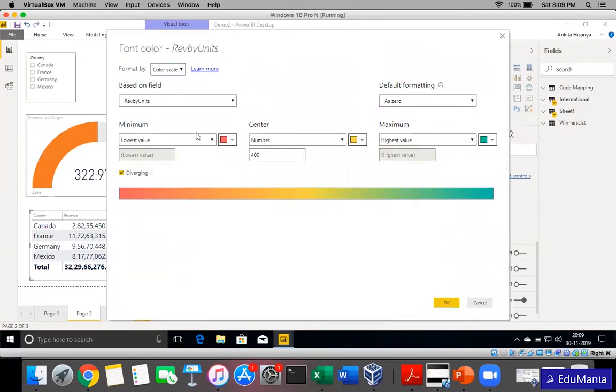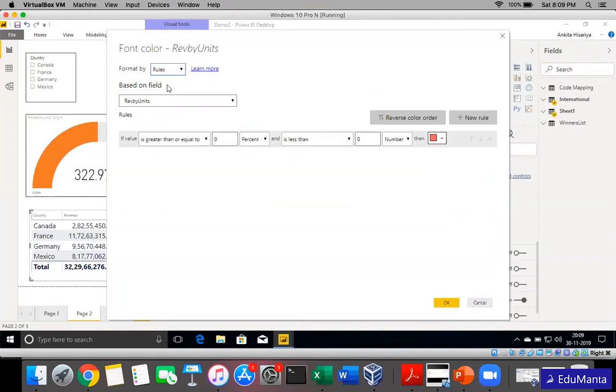I don't want this minimum range and all. I just want a rule that is set up. So instead of color scale, go to rules. Now say greater than or equal to 400, and this is not a percentage value, just a number value, and is less than maximum.